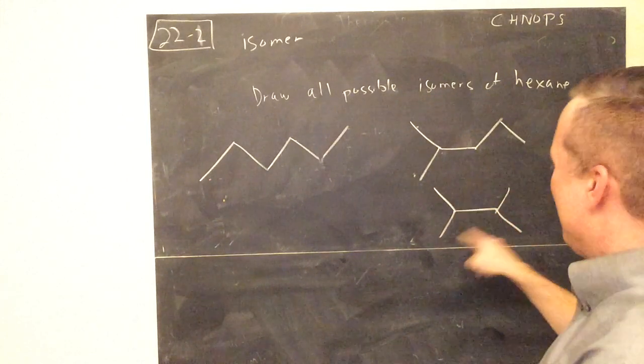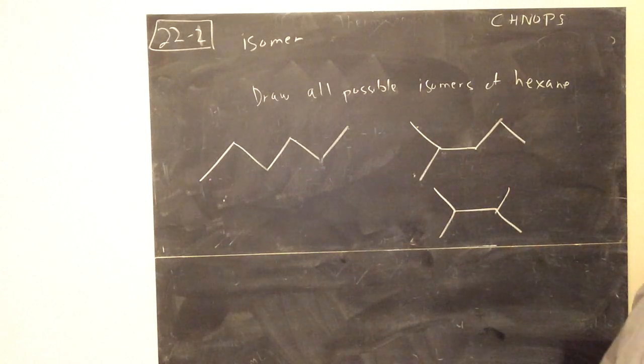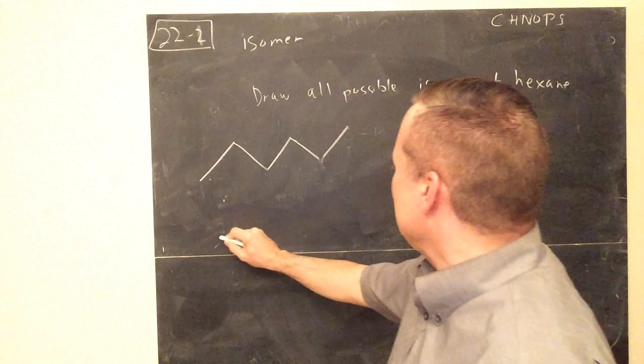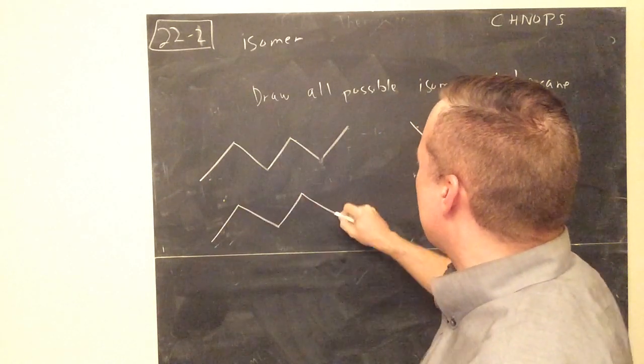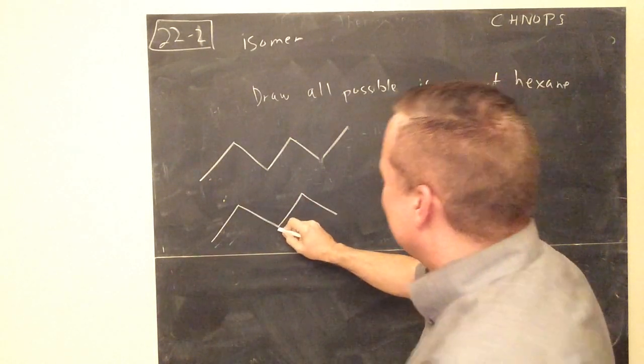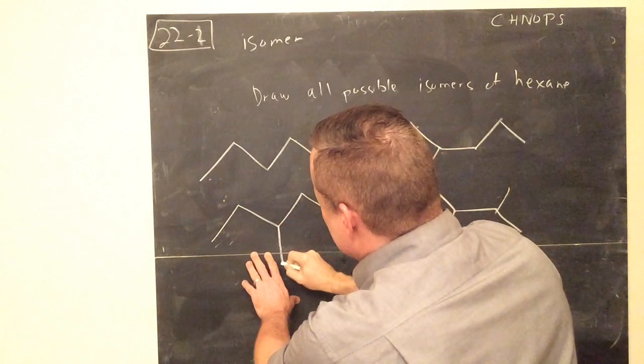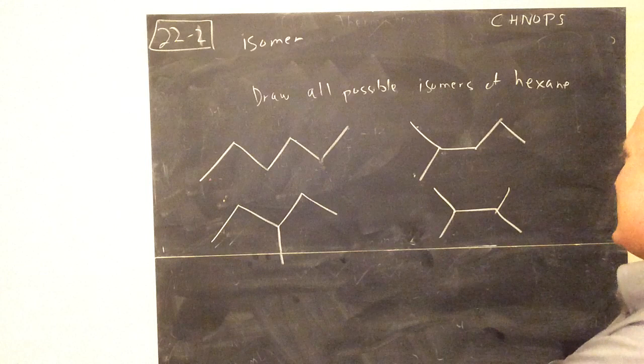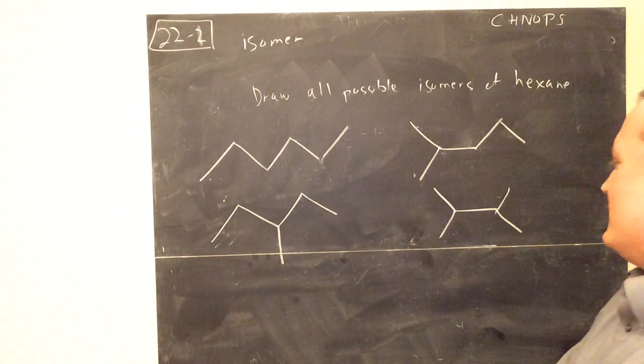Okay? So that would also be an isomer of hexane. Another thing I could do, let me think, 1, 2, 3, 4. I could take that and put it down below, like straight down like that. Now, sometimes you have to look at this and say, well,